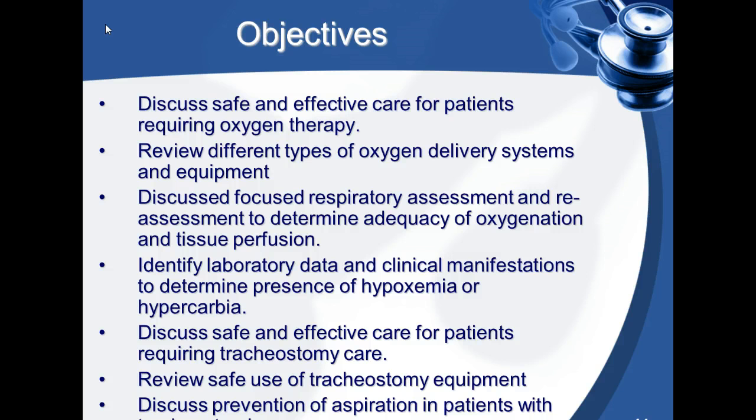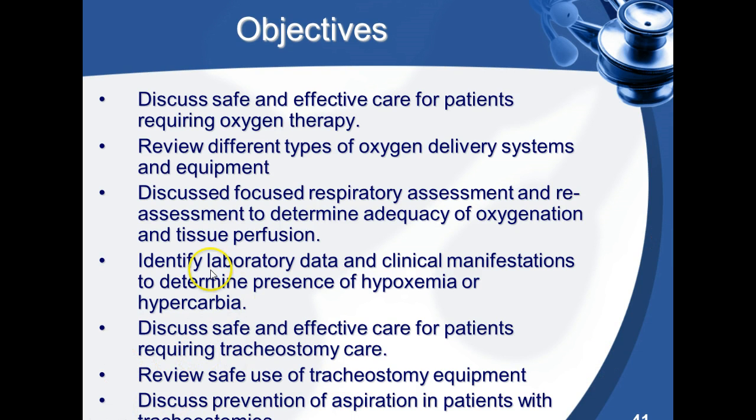Objectives would be: discuss safe and effective care for patients requiring oxygen therapy, review different types of oxygen delivery systems and equipment, discuss focused respiratory assessment and reassessment to determine adequacy of oxygenation and tissue perfusion, identify laboratory data and clinical manifestations to determine presence of hypoxemia or hypocarbia, discuss safe and effective care for patients requiring tracheostomy care, review safe use of tracheostomy equipment, and discuss prevention of aspiration in patients with